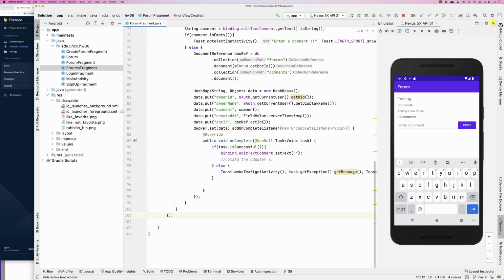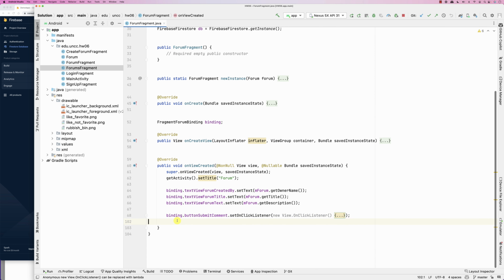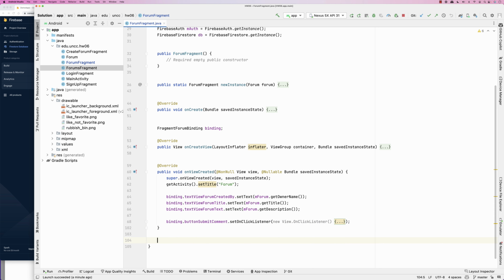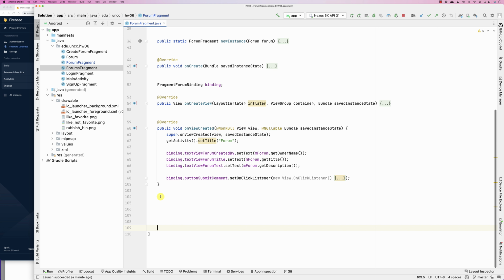Now all I have to do now is implement the recycler view, right? So let's do that. Okay. So we go here. Let's implement the recycler view. So the adapter for the recycler view. So I'll go in class. Comments adapter